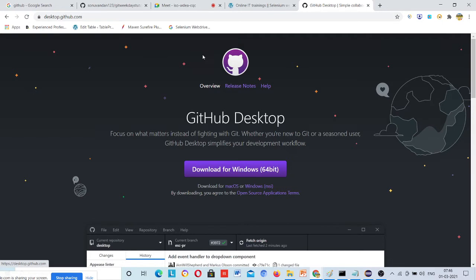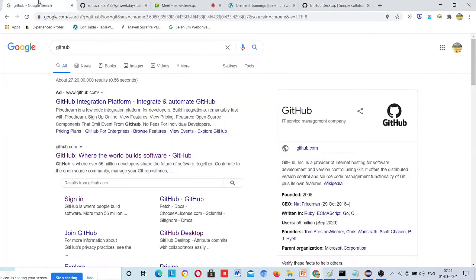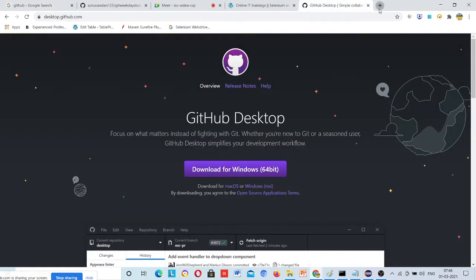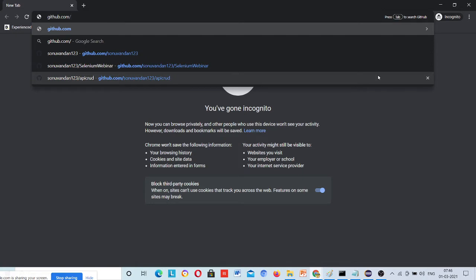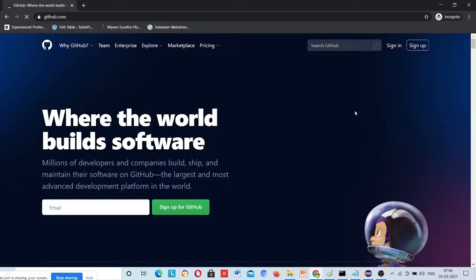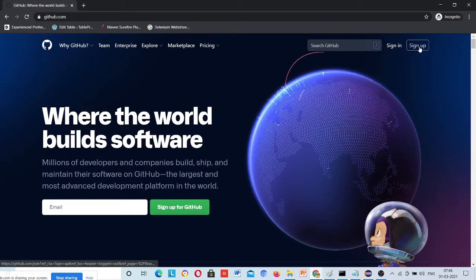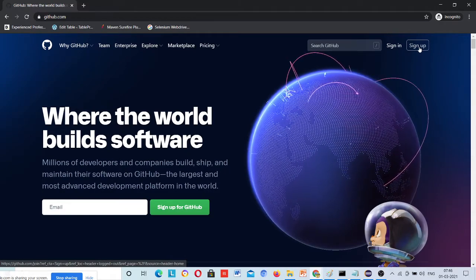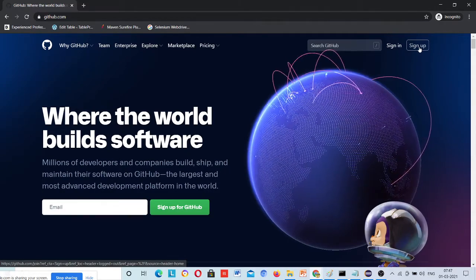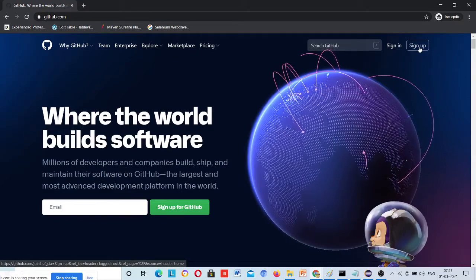The second step is to go to github.com and create an account. See, this is sign up. First step is to download the software. Second, you should have a GitHub account.